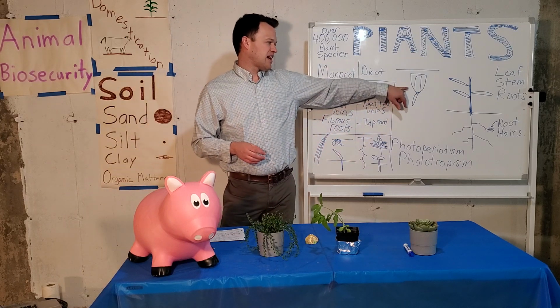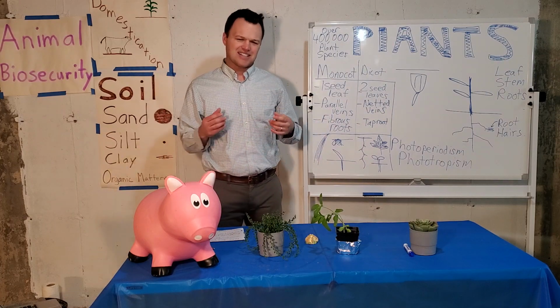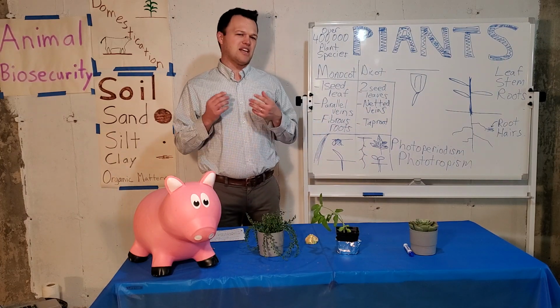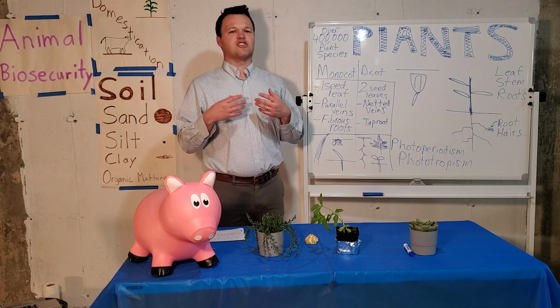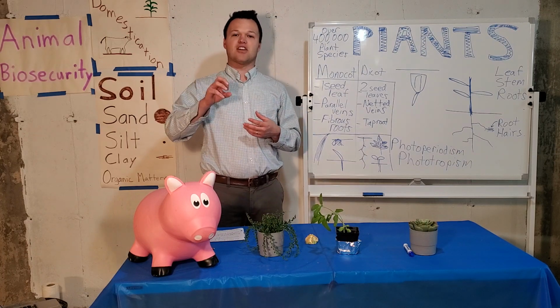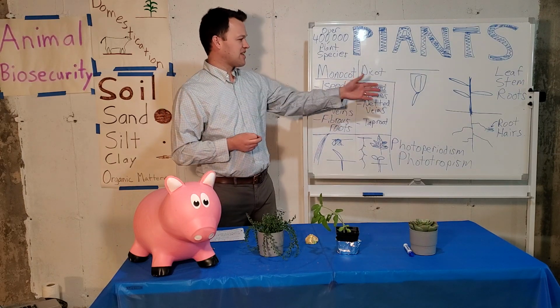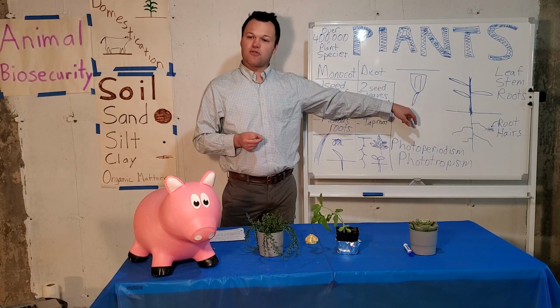Now, when we think about a plant, this is my poor drawing of a corn seed. Everyone always asks me, Mr. Haden, does a root develop first or a stem develop first when the seed first starts germinating? Germinating is just a fancy word for the process of the seed coat breaking apart and letting the root develop first. So I kind of gave away the answer there, but the root has to go first because, as we'll learn in our next section, the job of the root is to anchor the plant, but also to absorb valuable